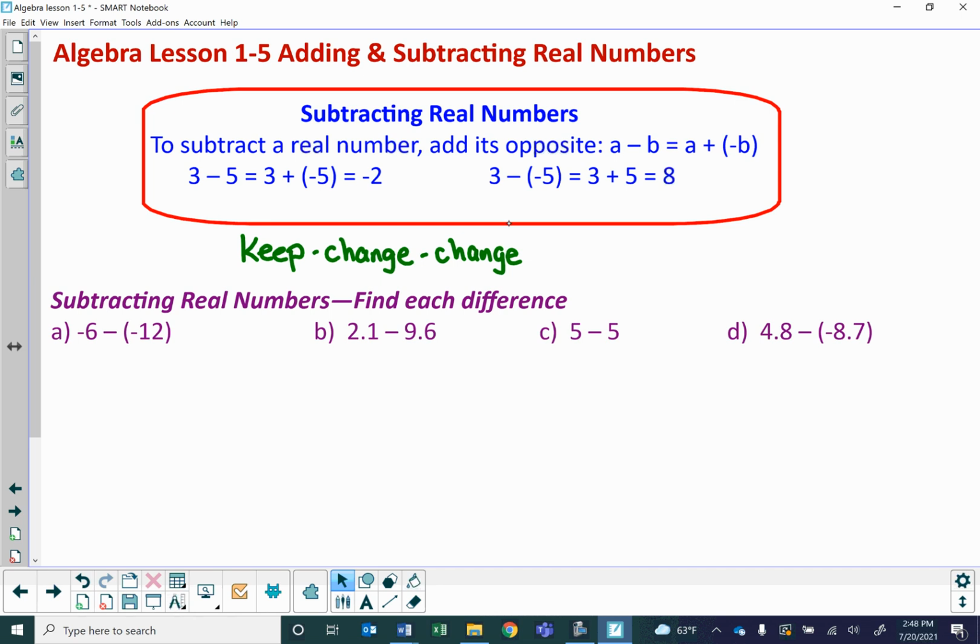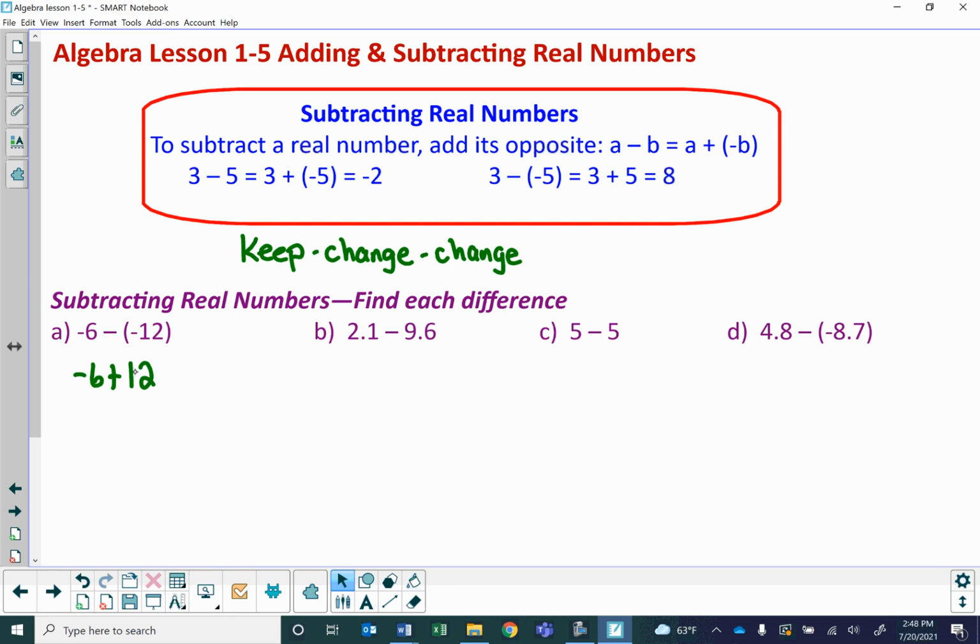so you don't think they're one big giant long subtraction sign. So here, if we add the opposite, we're going to keep this negative 6, change the subtraction sign to an addition sign, and the opposite of negative 12 is 12, which is the same thing as saying keep, change, change. So I kept the negative 6, I changed the negative sign to a positive sign, and I changed the negative 12 to a positive 12. So I now have negative 6 plus 12,